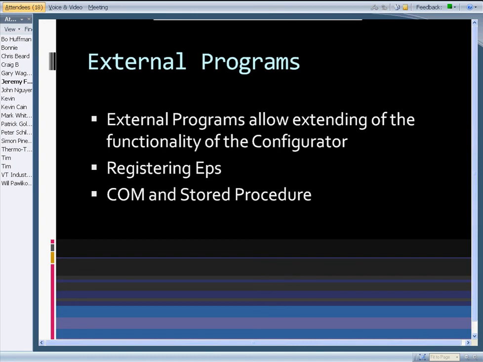If you have those abilities, then it's relatively simple to both register and then consume these external programs in rule sets. The key being, you need to register it, and every EP has many things in common. It has a return value, it has a name, and it has a list of parameters. And so once you kind of get a feel for these concepts, all these EPs are going to become relatively easy for you to write and use, and hopefully bring